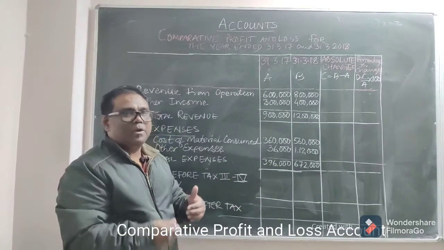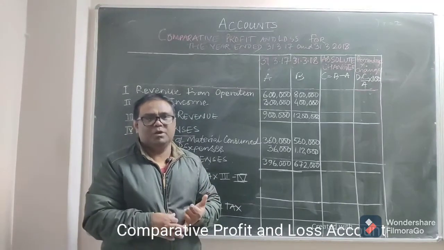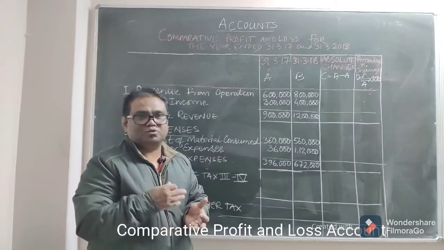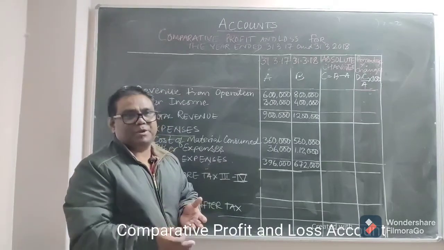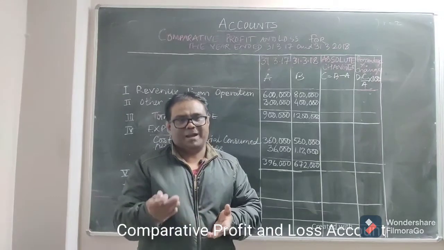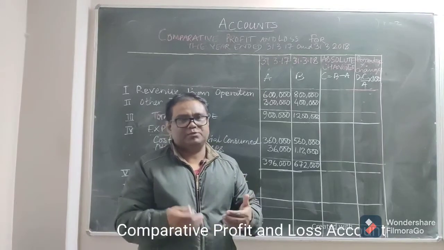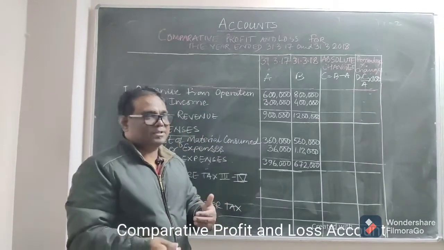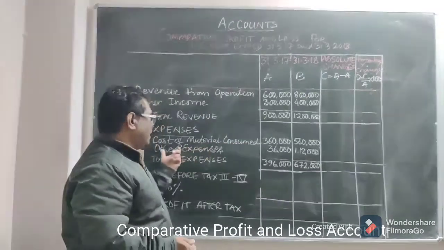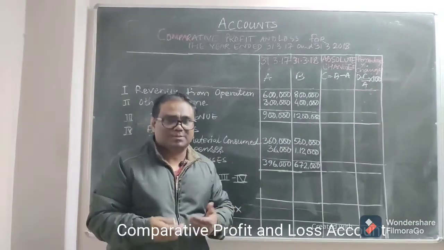After getting the total income, now go for the expenses. The total expenses are cost of raw material consumed, financial expenses like interest paid and interest on debentures paid, employee benefit expenses, depreciation, amortization, bad debt written off, advertisement expenses, traveling expenses, wages paid, salary paid. These are the expenses. Add all the expenses, and after adding them you get the total expenses.